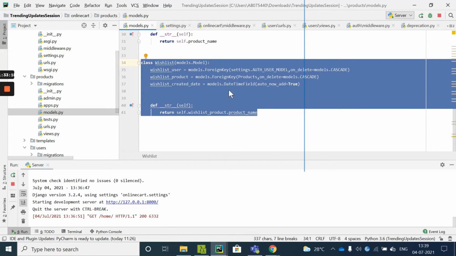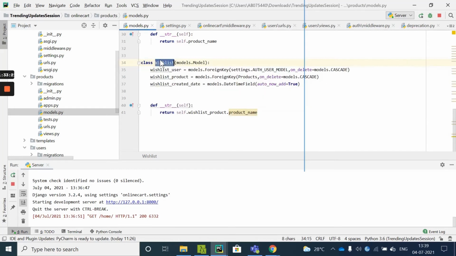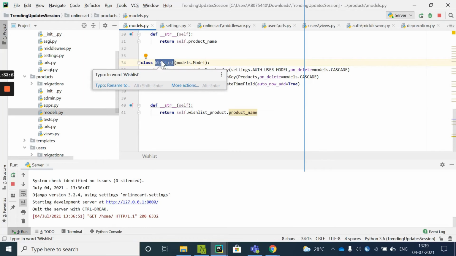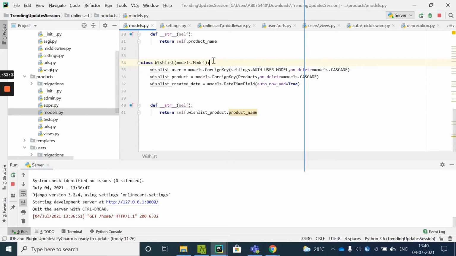Before whatever model you are storing, here I am storing the wish list model, if I want to perform some operations before this, I can use the pre-save signal. And if I want to perform certain operations after the save of this wish list model, then I can use the post-save signal. Got it? Apart from this, there are other signals such as pre-delete and post-delete. These are model related signals that I am discussing.